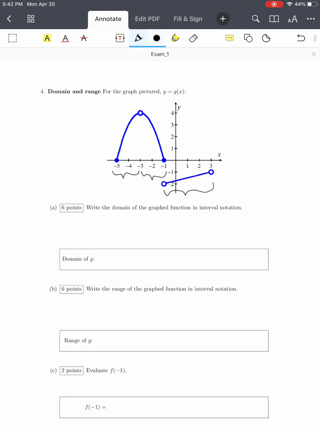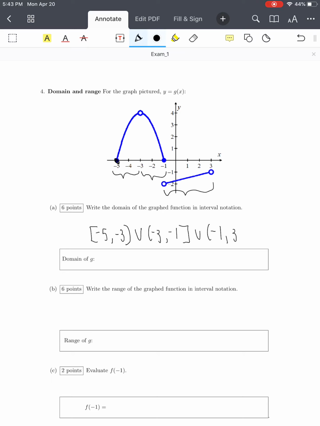Since these are filled in circles, we're going to use the bracket, so -5 to -3, unioned with -3. Sorry, just to make sure that this one is curved. Unioned with -3 to -1, unioned with